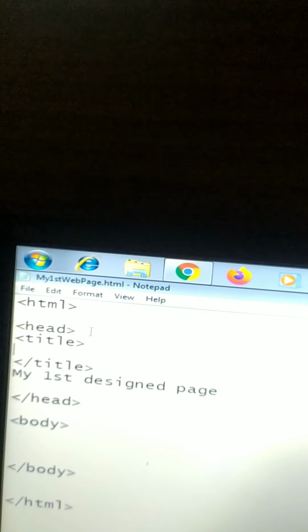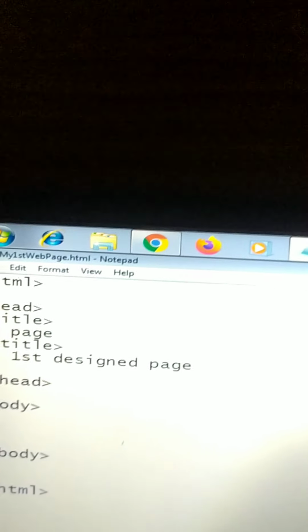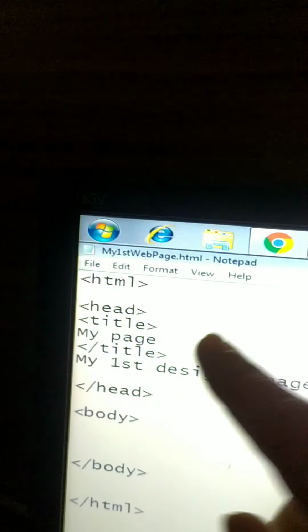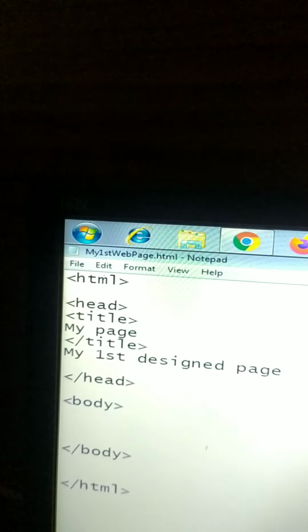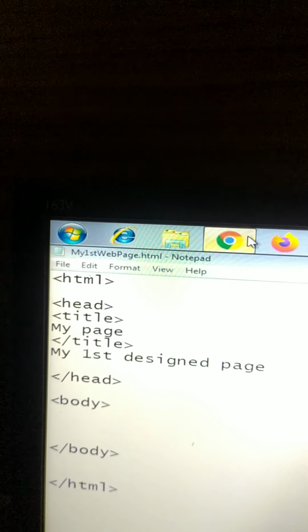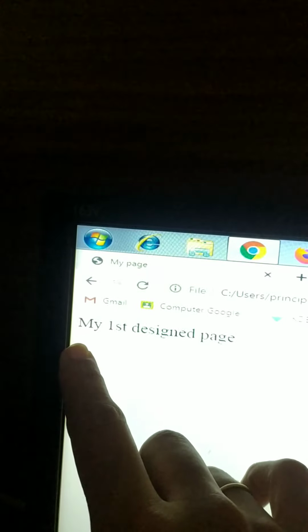Over here I'll write my page. Suppose in the title tag I have written my page and then my first designed page. I'll save it. Just refresh this page.